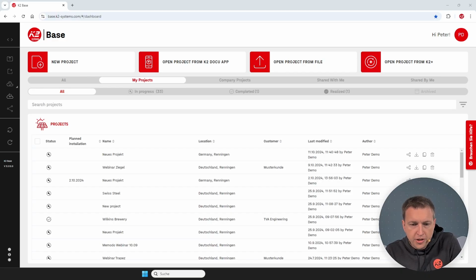So we're on the dashboard view of Base here, as you can see. And there's different filter functions. You can see all projects, only your projects, the company projects, and shared ones, which I'll explain later. The standard view is you only see your projects, but you can always change it to company projects, which is